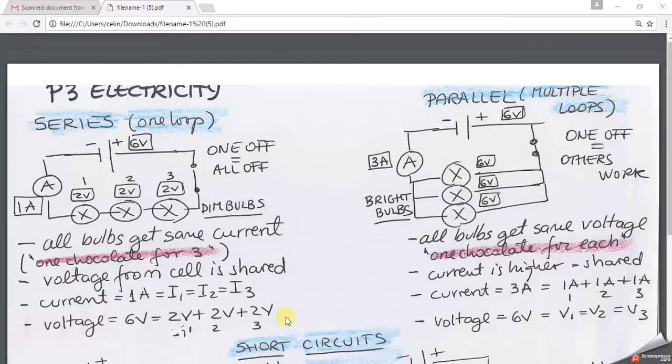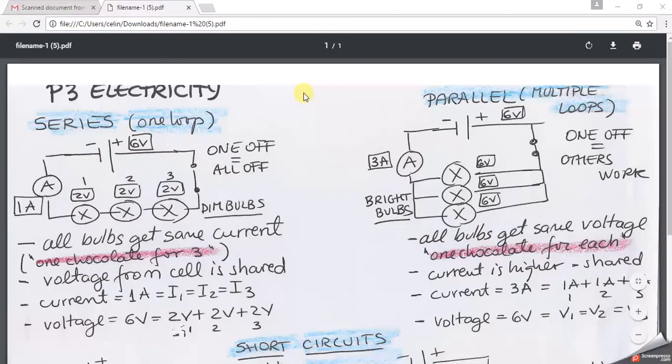The last part of the test revision, electricity: we're comparing series circuits with parallel circuits. So there are two types of circuits we're analyzing. The main difference between them is that the series circuit will only have one loop. Everything goes through one loop, everything is put together in one loop. While a parallel circuit will be made of two or more loops,